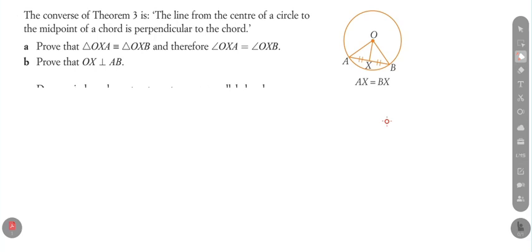Okay, so here we're going to solve another geometric proof based on this figure. Let's read the given. The converse of Theorem 3: the line from the center of a circle to the midpoint of a chord is perpendicular to the chord. So we're going to prove